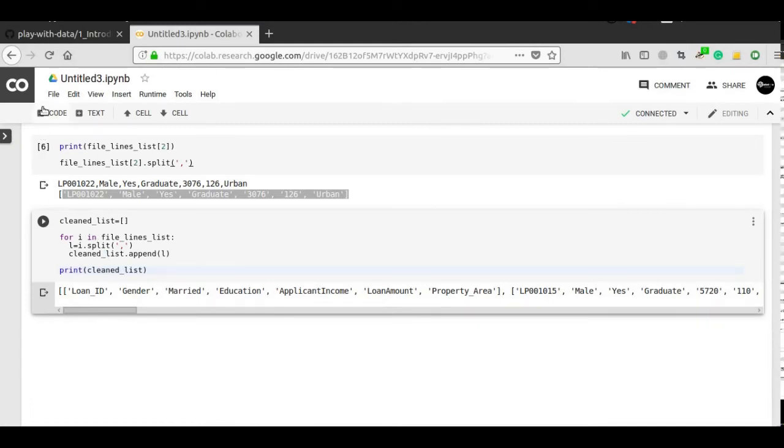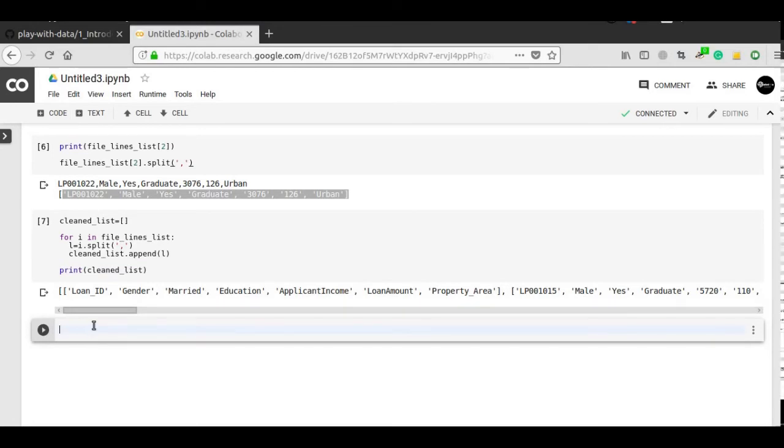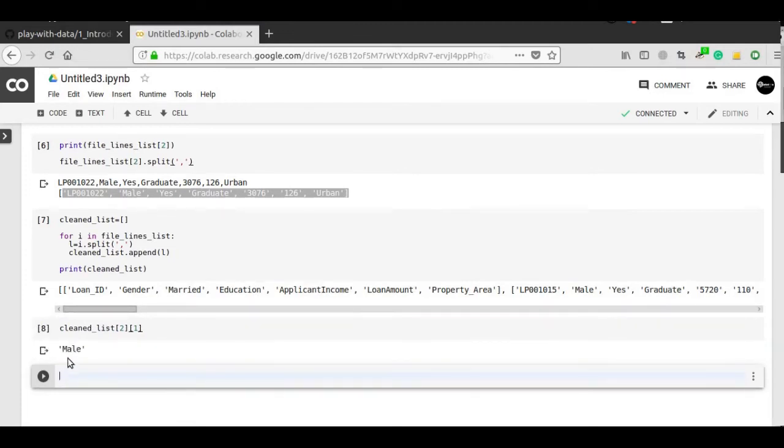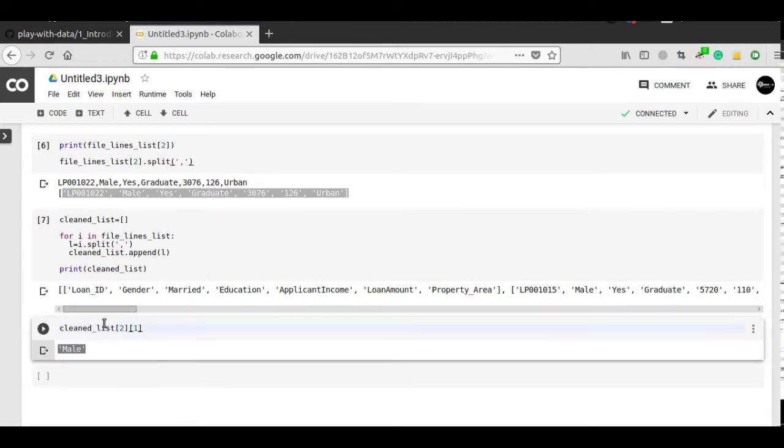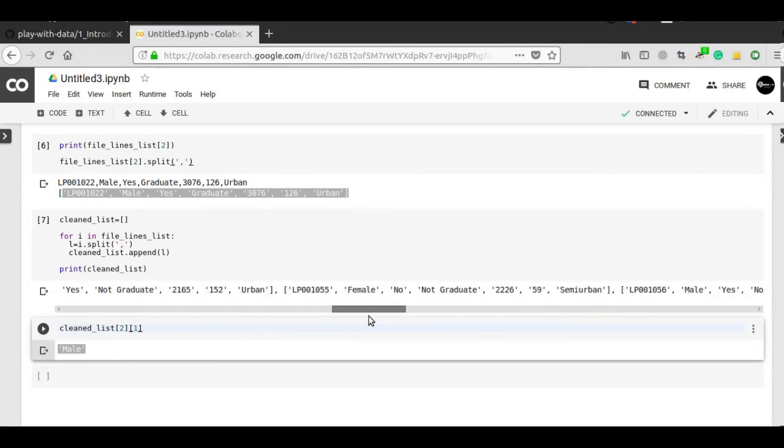So now access the index values, just the cleaned list. The row value we can take as example 2, and the column value we can take the column gender. So 0 1 then 1. So if we print it, we will be getting the gender, I mean the second column, second index value. Okay,